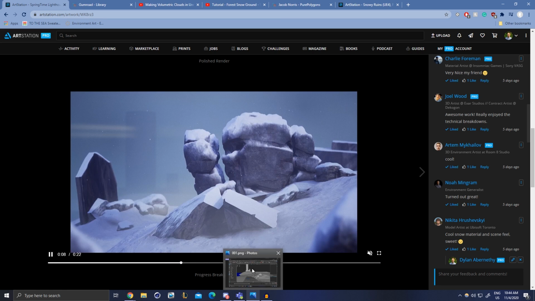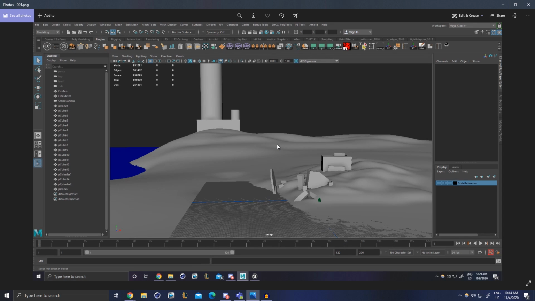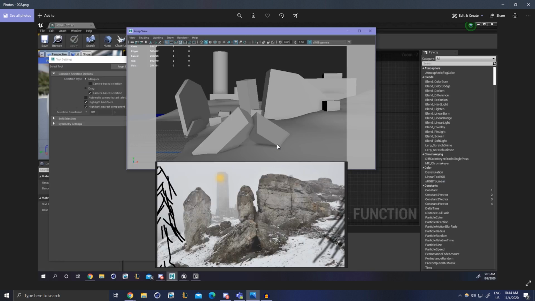I'm going to bring up the screenshots that I have here. These are just all the stills from that video. Let's start at the very beginning and go back and forth between these two. This is the first real screenshot, I guess, that's showing off the composition.